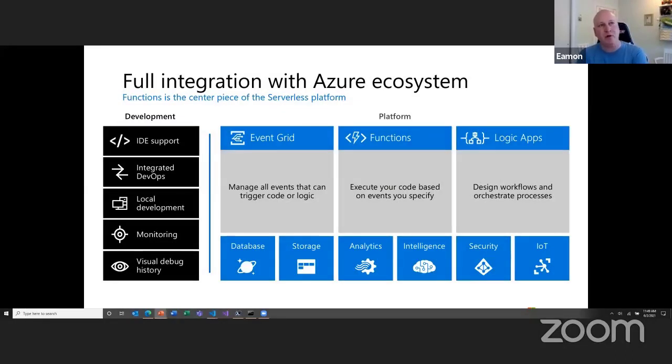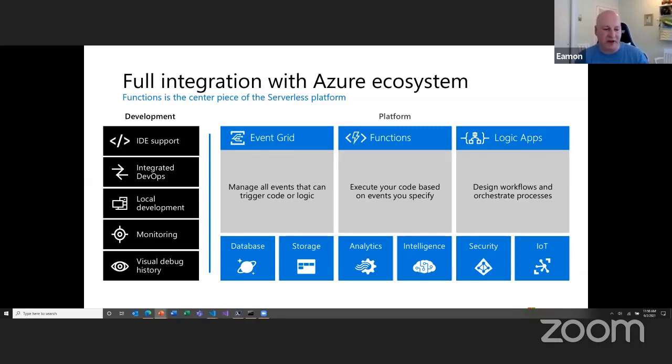So when you think about what we're trying to do with Azure Functions, we're really trying to give full integration across the Azure ecosystem. No matter what kind of scenario you're trying to build, we want to make sure we have integration into all these different systems, so that as the data and messages need to be processed, you can plug in Azure Functions very seamlessly to process that data, but then also send it on to other systems that need to store or do additional processing on top of that. And so that's one of the core capabilities of Azure Functions: to integrate across all of the different services in Azure and make it seamless for you to build any kind of application.